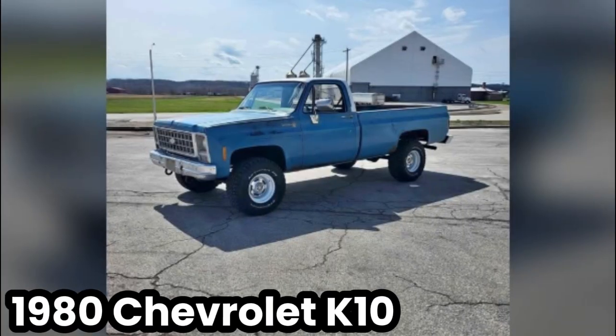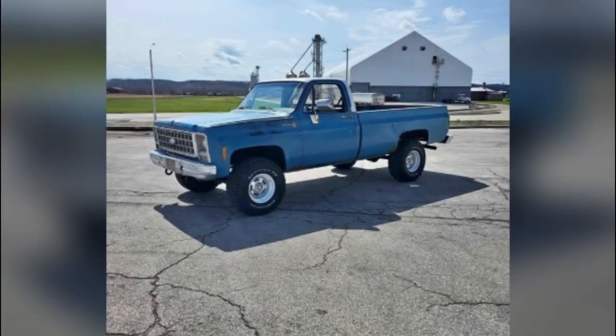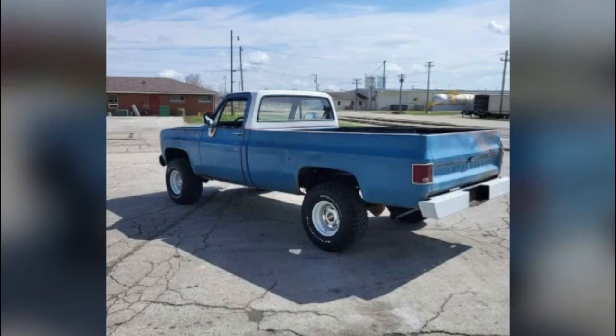Number 9. 1980 Chevrolet K10 Regular Cab Long Bed, listed at $16,200 in Seneca, Illinois. This truck is described as unbelievably solid and clean, with original paint that shows some dents but adds character to this classic pickup. What really stands out here is the extensive recent work done to keep this truck in top